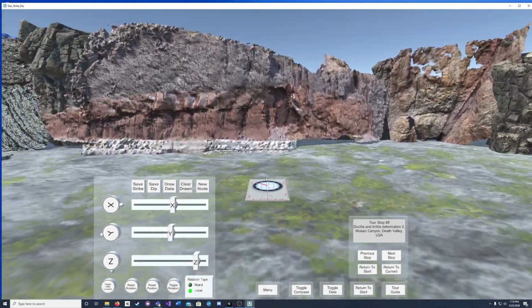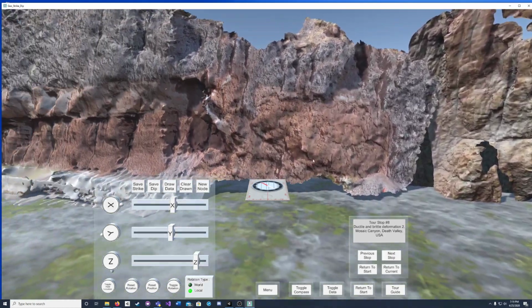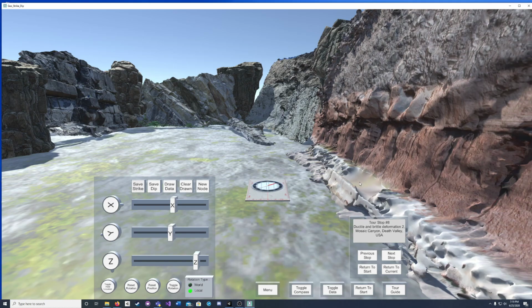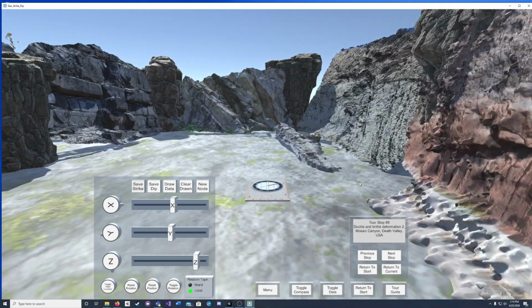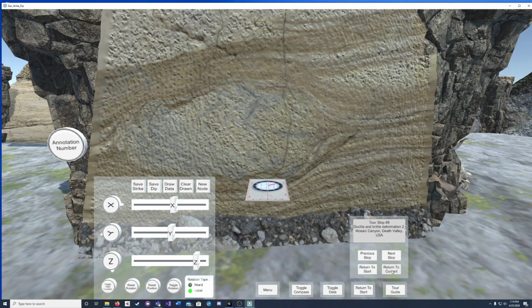Another feature to the tour, if you wander off and get lost and you don't want to return to start and cycle through all the stops again, you'd like to just jump back to whichever stop you had been on before you started wandering around, you can hit the return to current button, and that'll take you back to whichever stop you were at last.